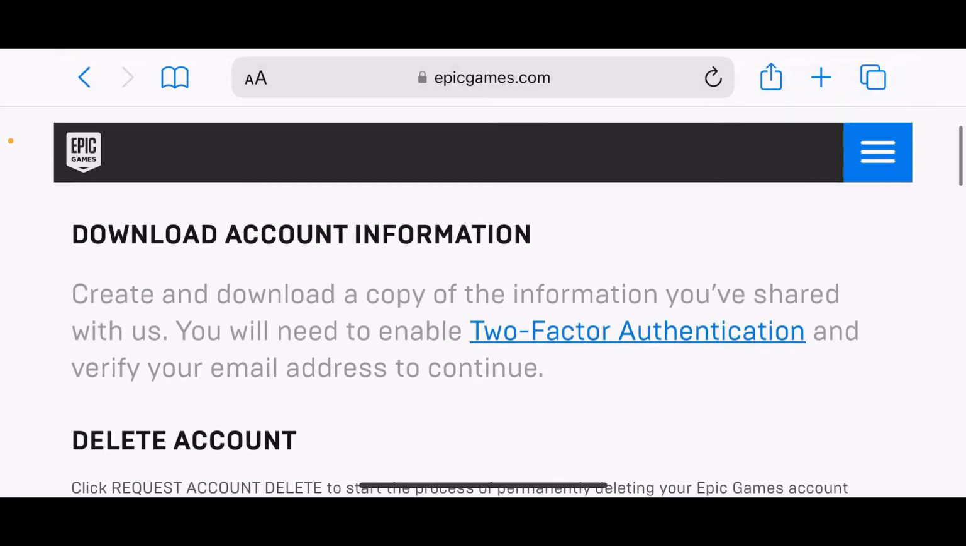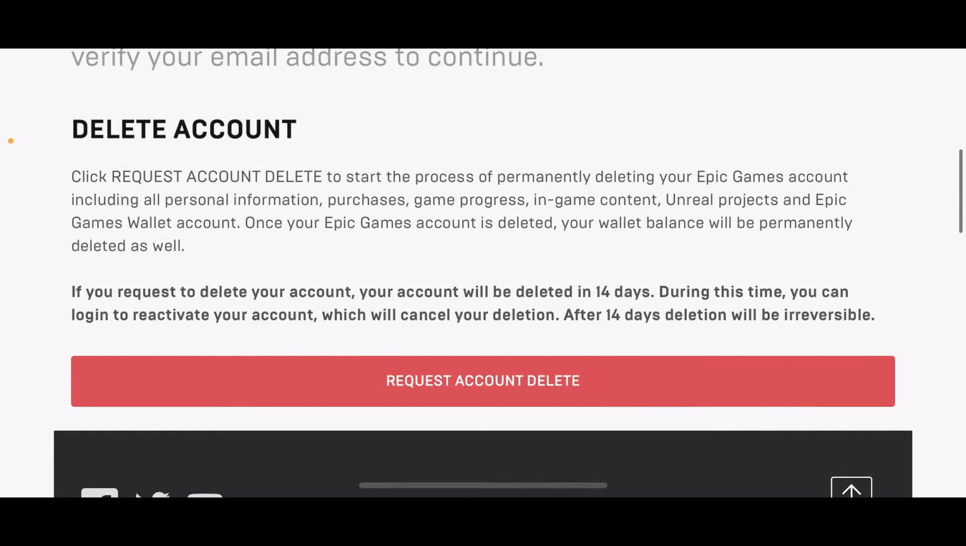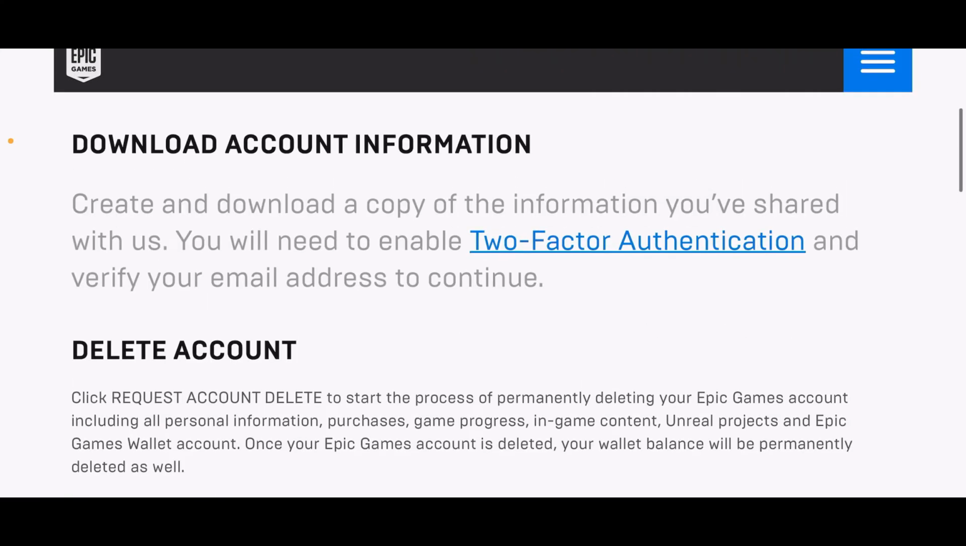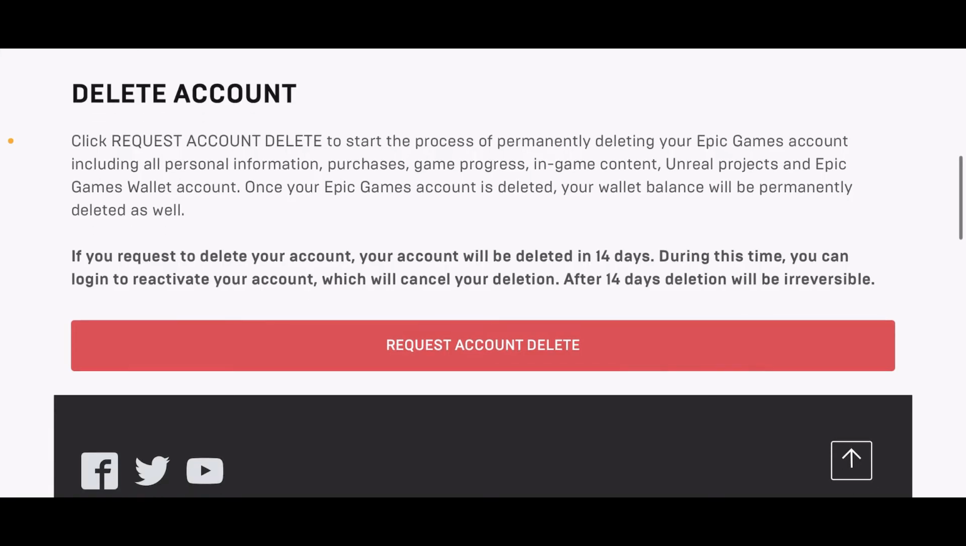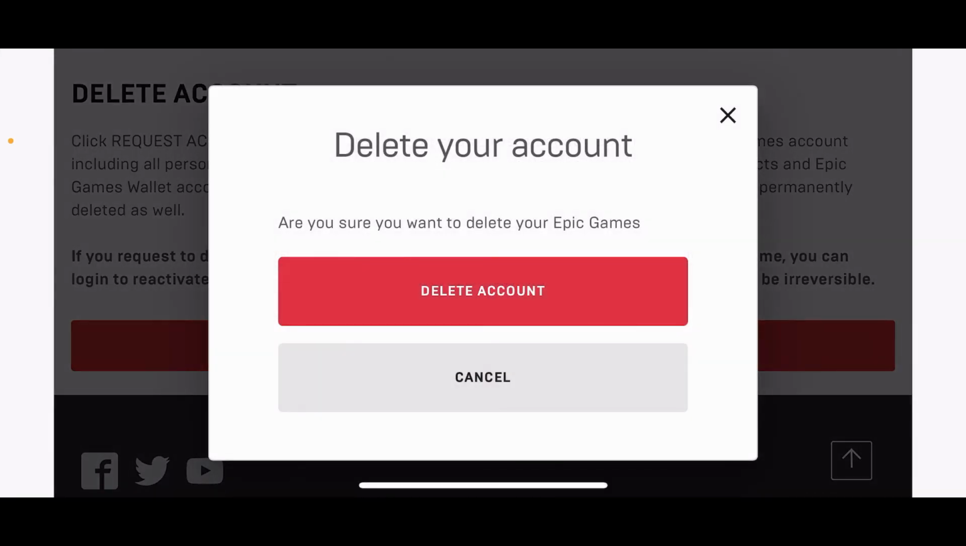So in order to do that, simply go ahead and scroll down and tap on the request account delete button and follow the prompts. If you want to download the content from your account before deleting it, you can tap on this two-factor authentication link and verify your email address by enabling two-factor authentication. To delete your account, tap on request account delete and tap on delete account again in order to delete your